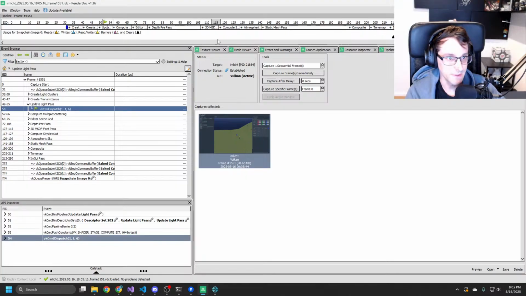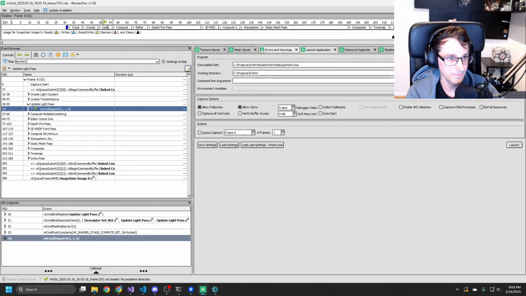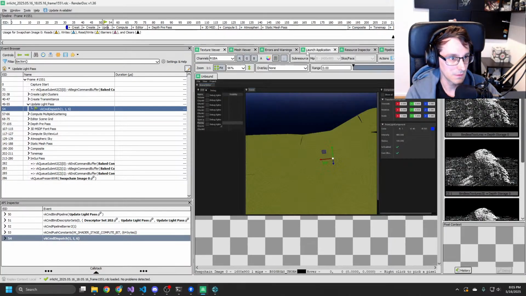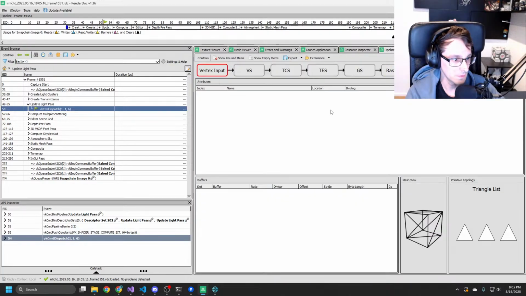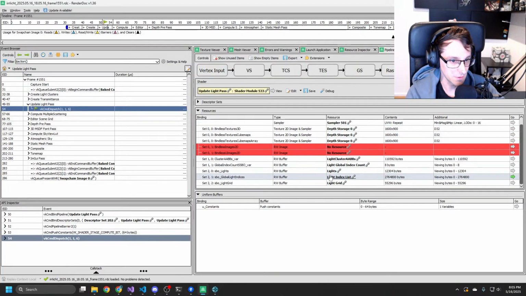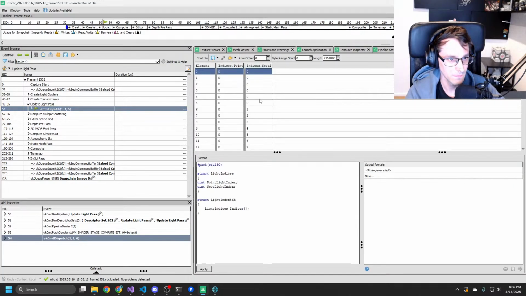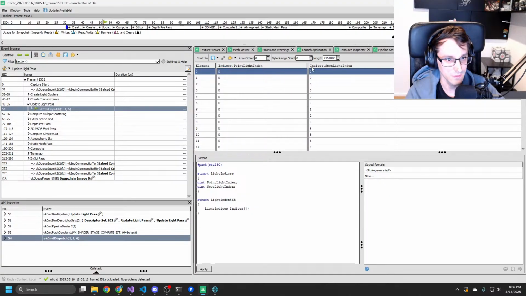Okay, we have an update light pass, perfect. And then what is our output here? So it disregards the spotlight, right?